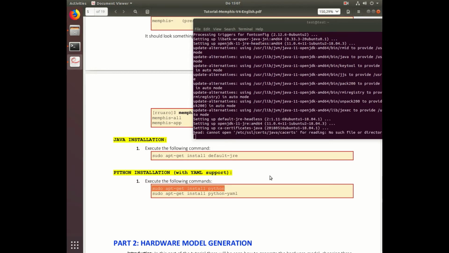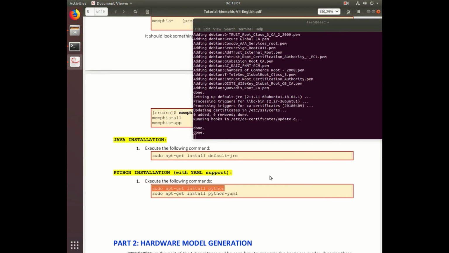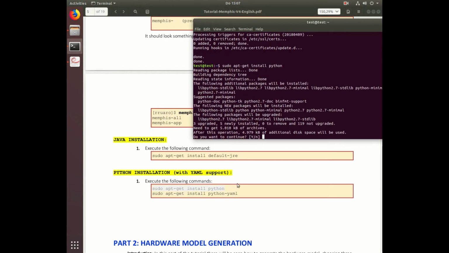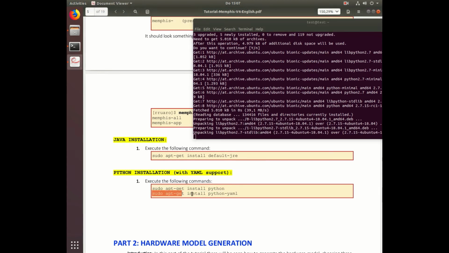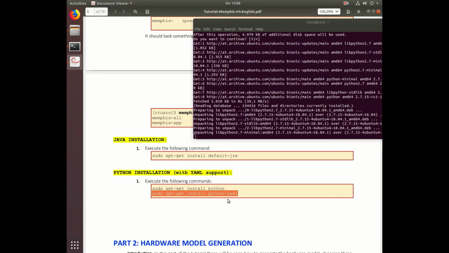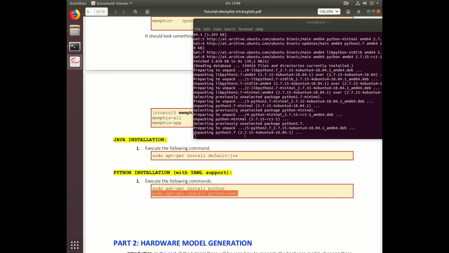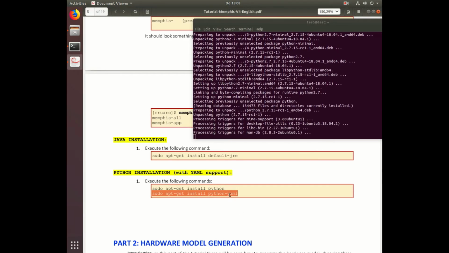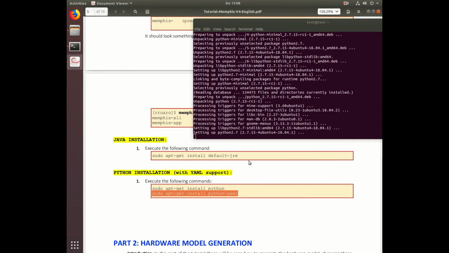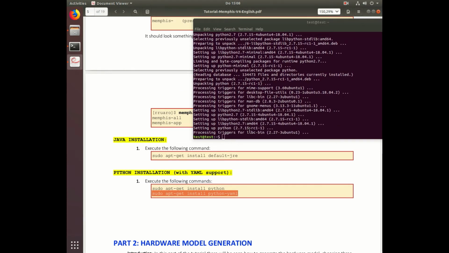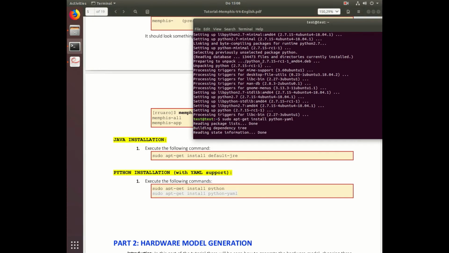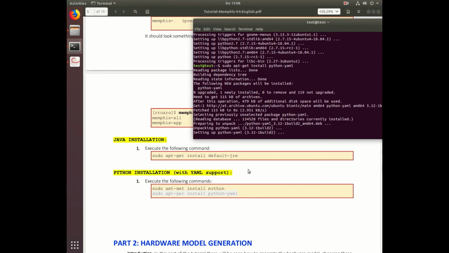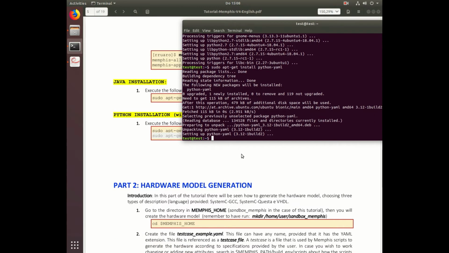Remember that these scripts are inside the build environment folder. Okay, now install Python, and also I will install the YAML extension for Python in order to allow Python to open this kind of file. Okay, now all the